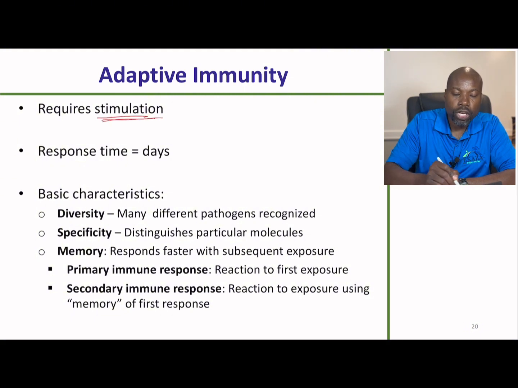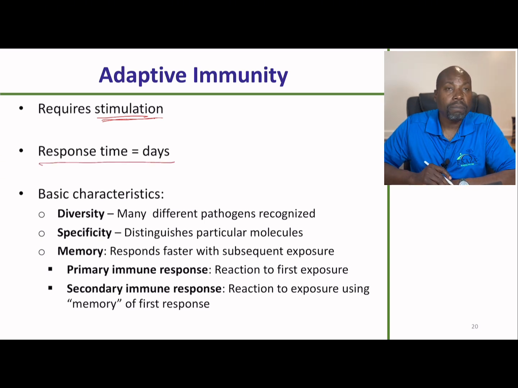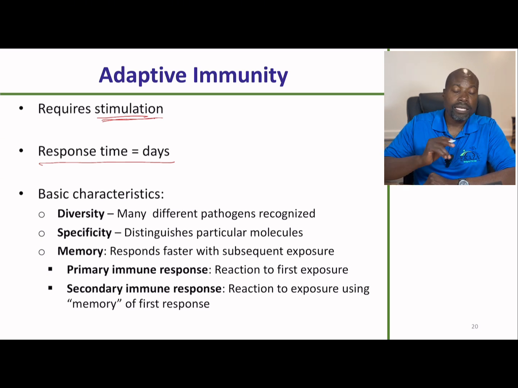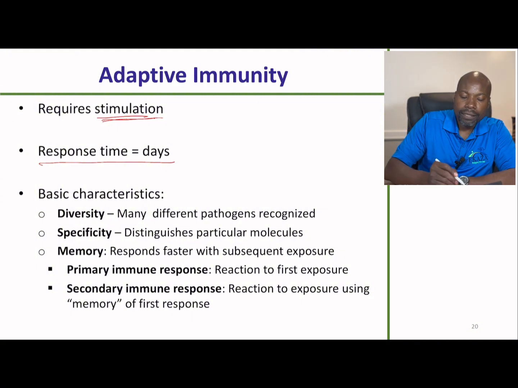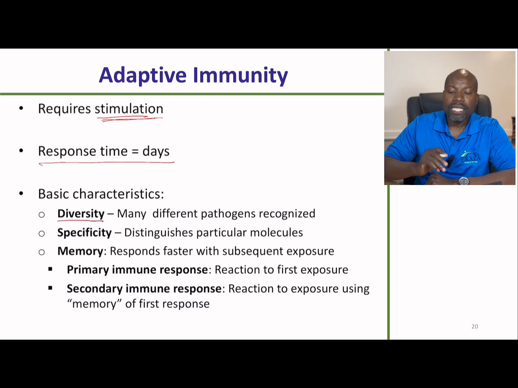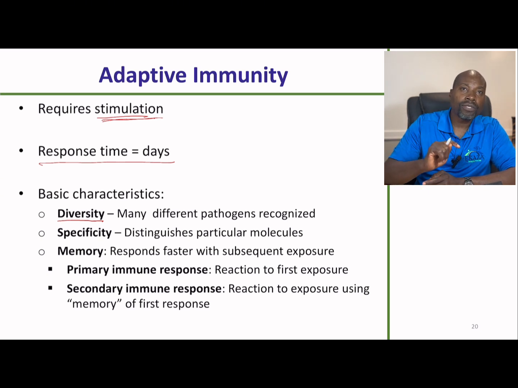So, no stimulation, no adaptive immunity. It takes time to develop adaptive immunity. That is a very important point to remember. And also, what is characteristic of adaptive immunity that I want you to remember? It's that it is very diverse, right? So many different pathogens can be recognized by adaptive immunity, but that requires